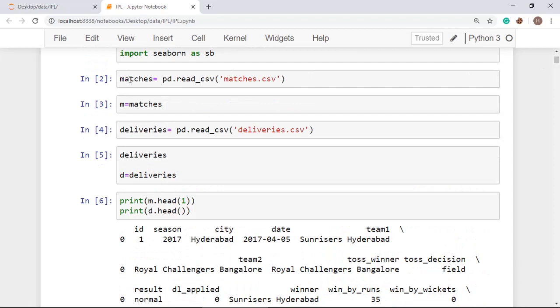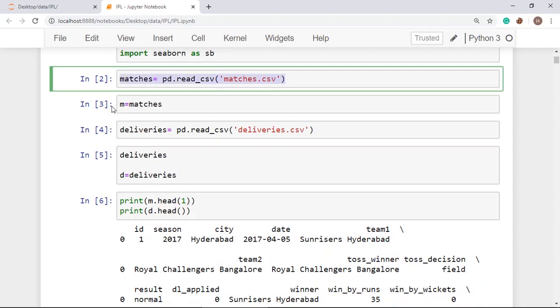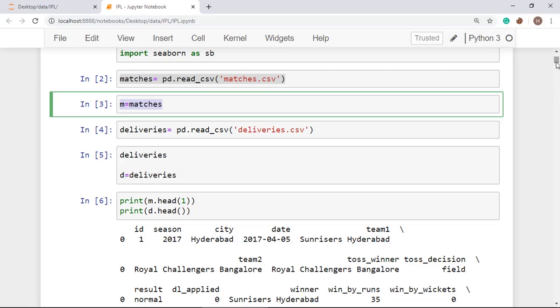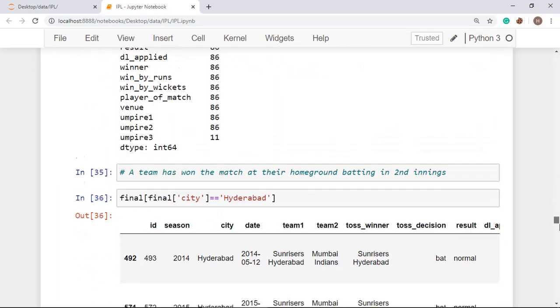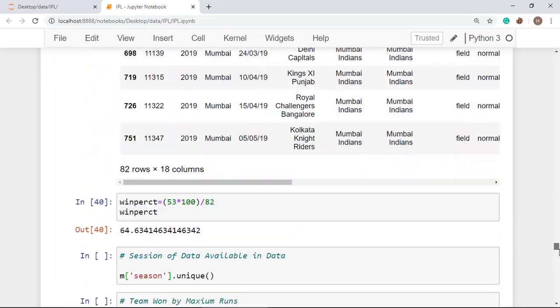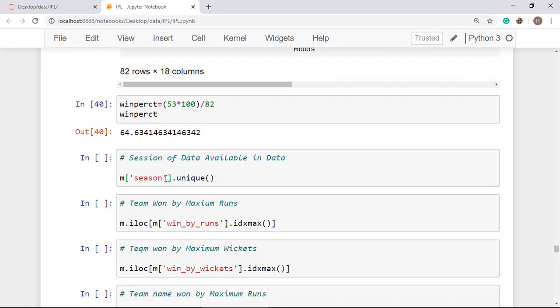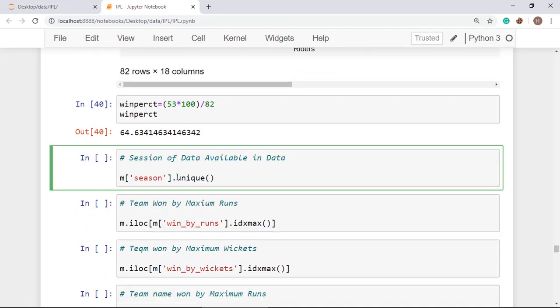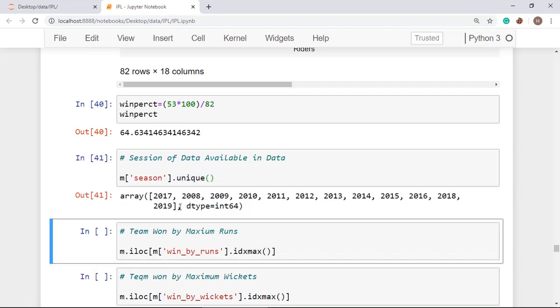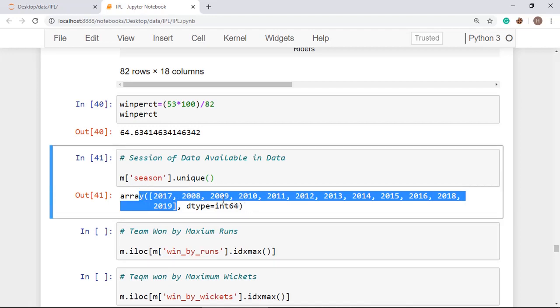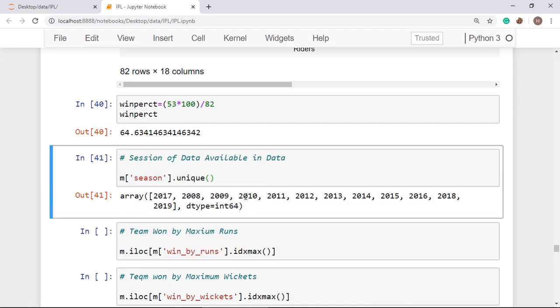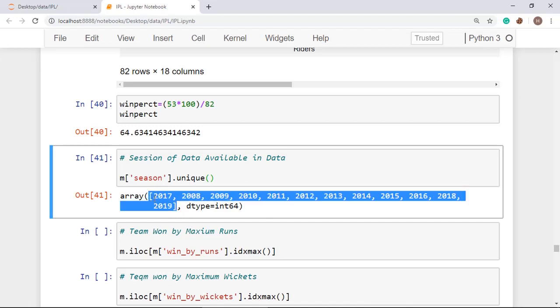Here we have loaded the data in matches and stored it as M. So we are fetching the column name season and we are finding out all the unique values stored in that particular column. This will display output like this, and we can see that there is 2008, 2009, 10, 11, 12, 13, 14, 15, 16, 17, 18 and 19. This many seasons of data are available for our analysis purpose.